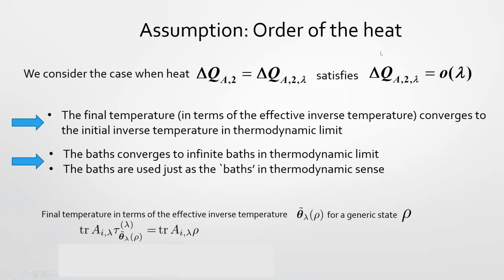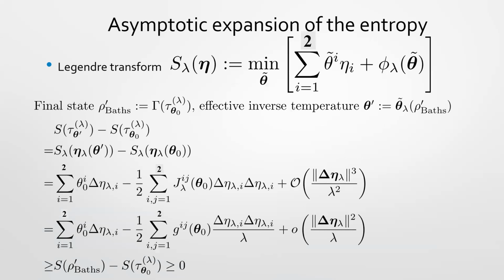But usually this heat is somehow not so small. So we want to consider finite length efficiency. So firstly, we define entropy in this way. So entropy can be considered as this kind of Legendre transform of this potential function. So then we can obtain this entropy, the von Neumann entropy. So the difference of von Neumann entropy can be described this way.